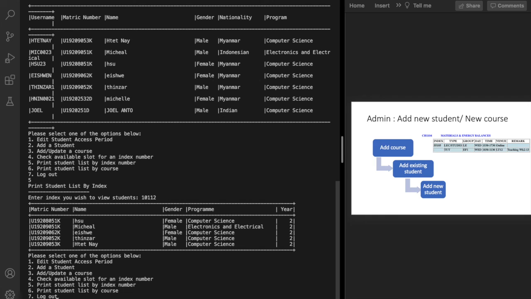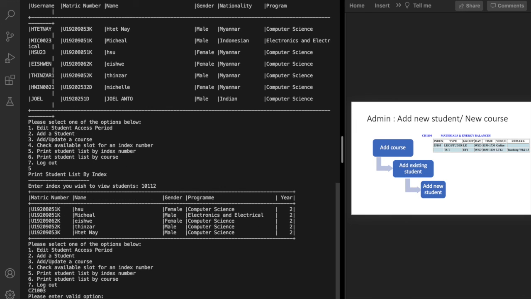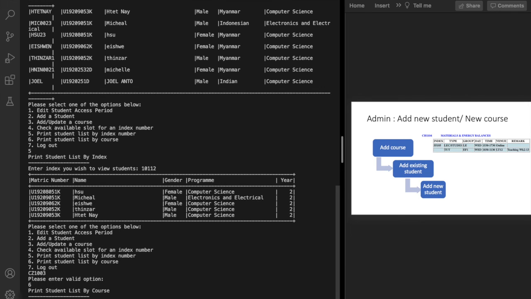Okay, now let me try to print the student list by course. Let me enter the course as CZ2003 maybe. Okay, looks like that's an invalid course because I have to choose the option below. So let me choose the option 6. Okay, now I have to enter the course for which I want to view the student. Okay, so let me choose